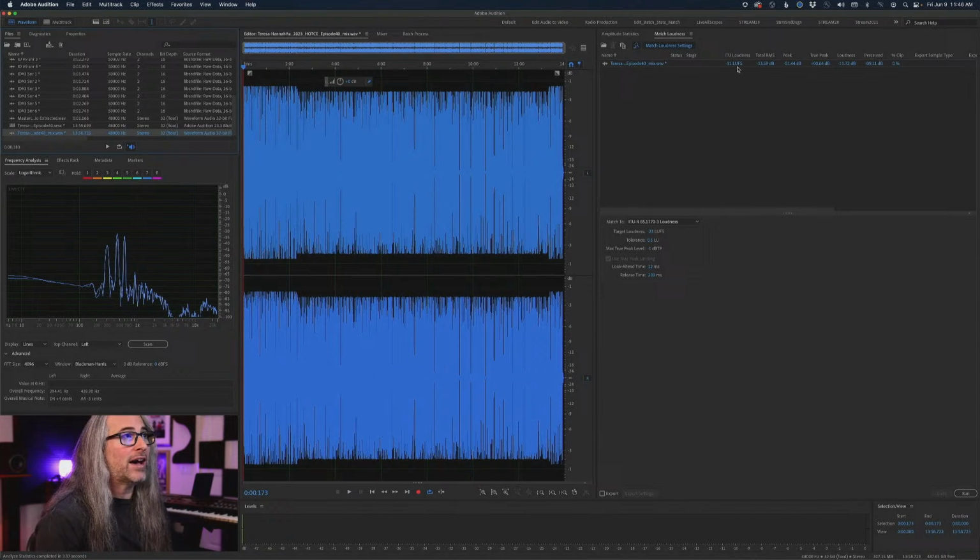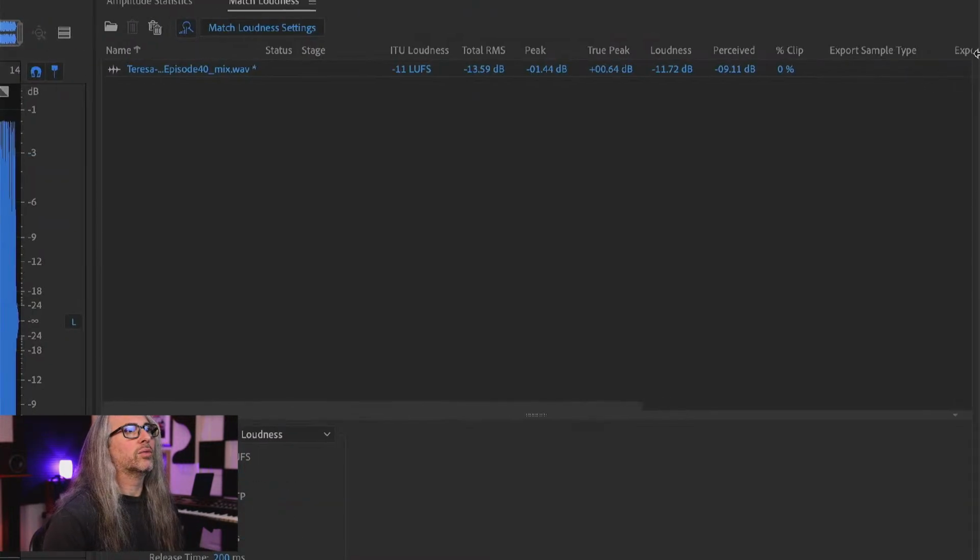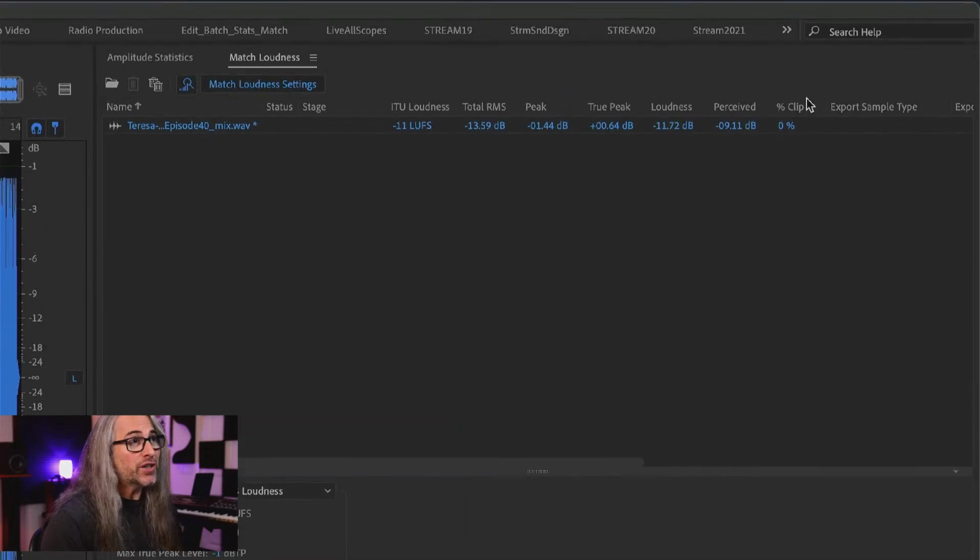Because if you look at Match Loudness in particular, where DC offset matters, remember I told you that having DC offset can actually limit your amplitude, or in some cases, clip and distort your amplitude. And it even tells you the percentage of clipping. We have the ITU loudness, the total RMS, which again refers to the previous dBFS scale, peak, true peak, loudness, perceived, percent clip, but no DC offset.